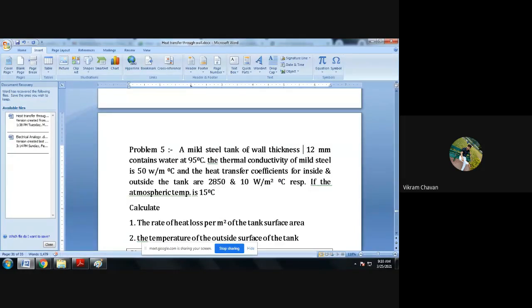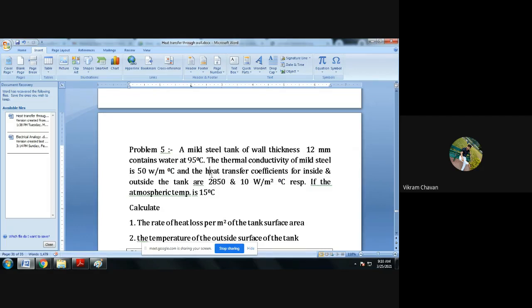Contains water at 95 degrees Celsius. The thermal conductivity of mild steel is 50 watt per meter degree Celsius,